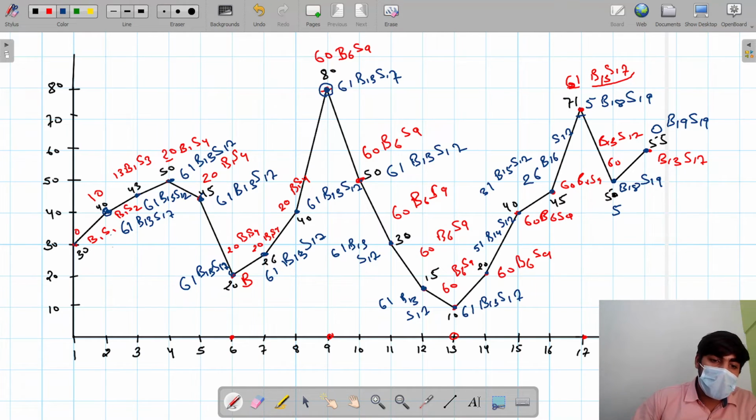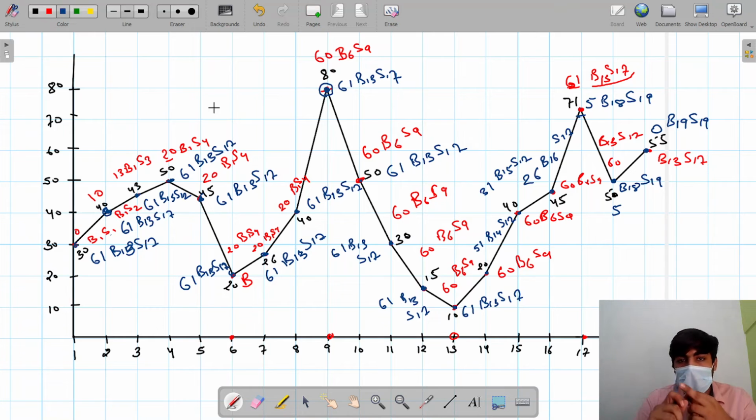Okay, and for the last one the condition is the same, buy at 13 and sell at 17. So you can see, by doing transactions from the starting and from the last, we can find out that if we buy today and sell in future, we get maximum profit for that, and if we sell today, buy in past, we get maximum profit.